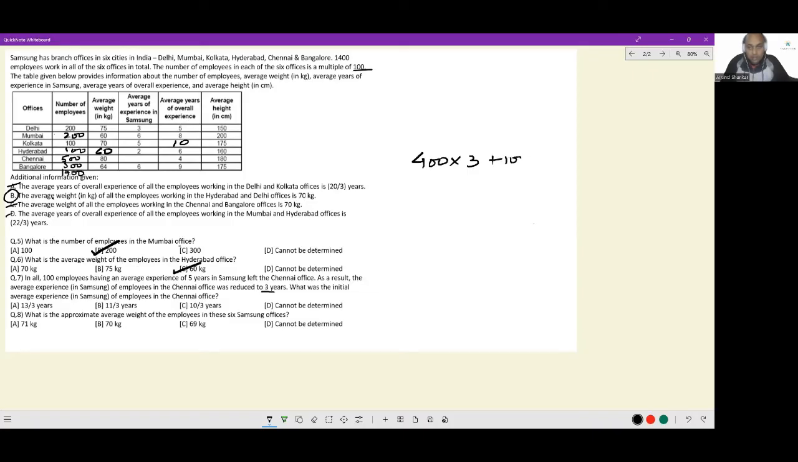And for the 100 employees which had an average experience of 5 years in Samsung, this is the total experience that they have in Samsung. For the 400 employees that are left, their average is 3. And for the 100 employees that were there, their average experience in Samsung was 5. What was the initial average experience in Samsung of all the employees in the Chennai office? So what is the average of the entire 500 group? This is what is being sought. So cancel, cancel. We get